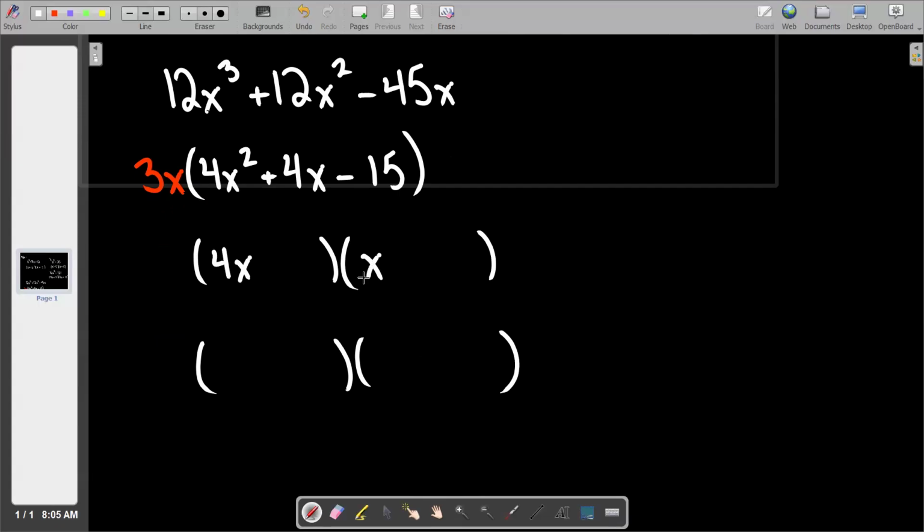Or, right, like we get that. And then what do the signs have to be? Yeah, there's got to be one of each. So at any point in this, you start to doubt yourself. Remember, we can try different things as far as placements of numbers, but the non-negotiable is